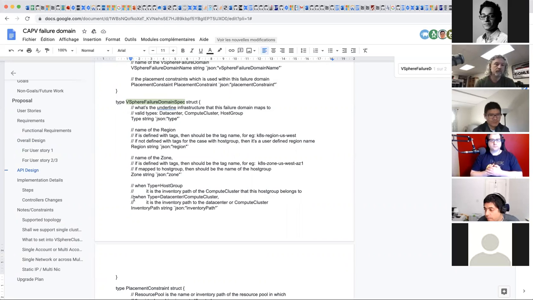Can you repeat your question? For the vSphere failure domain spec, I see that we have a type defined, whether host groups or compute clusters. Are the other things here informational, or do they have any other role? Because at first it seems like the type and the inventory path are what we would need. I'm still unclear what zone and region would be needed for. Are they for the CPI?